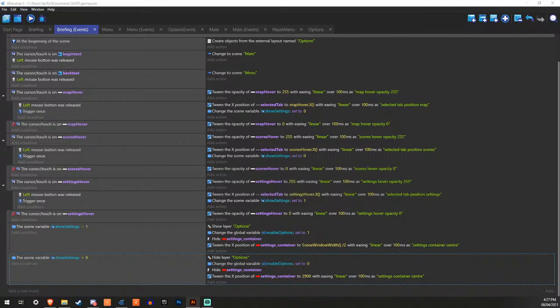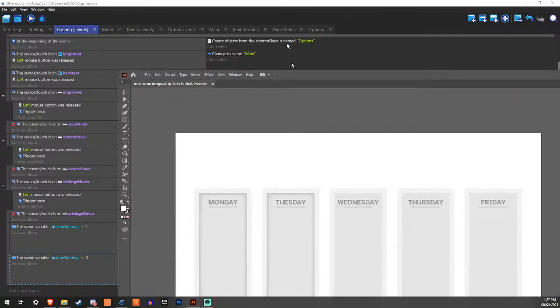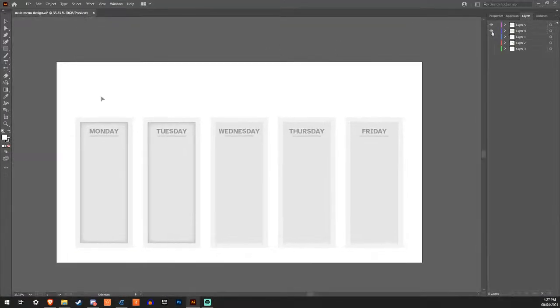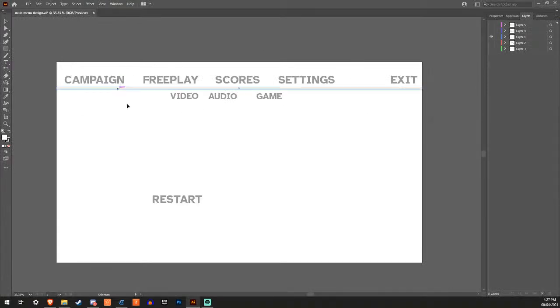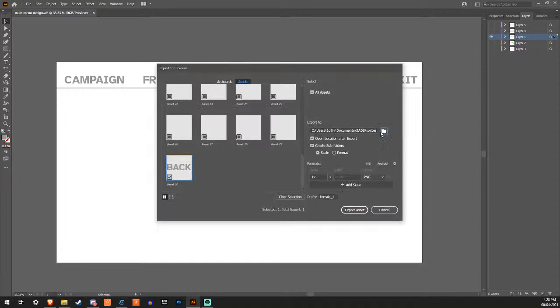It's meant to be. Okay, that's fine. I guess I can just do that. Heads is the restart. Let's change this to back. Yeah, that's fine. And just export that in itself.